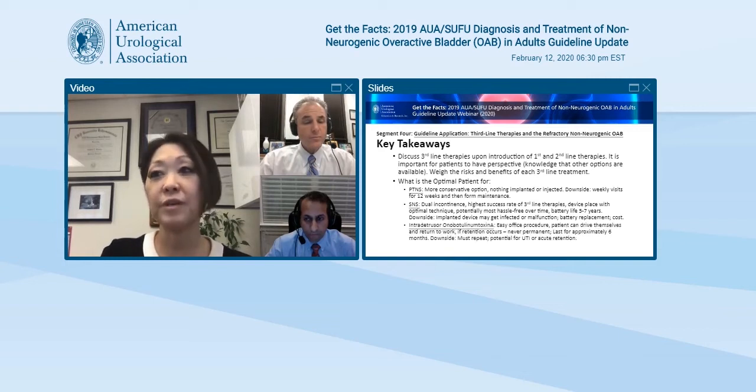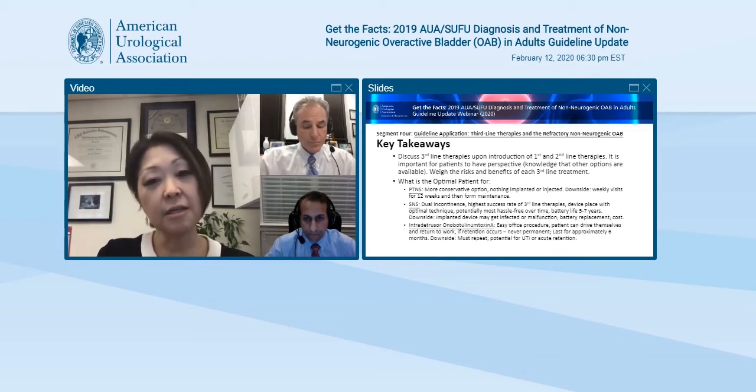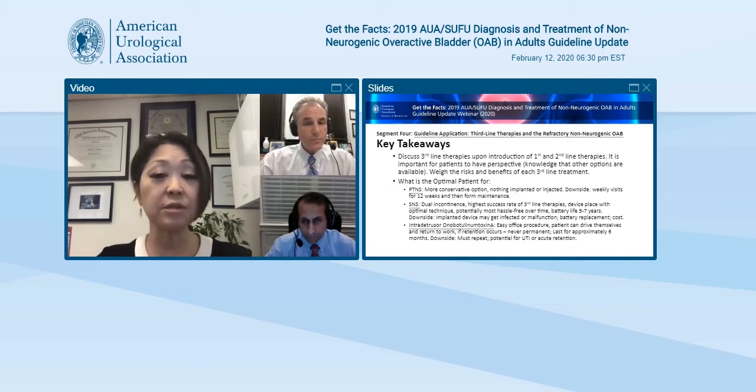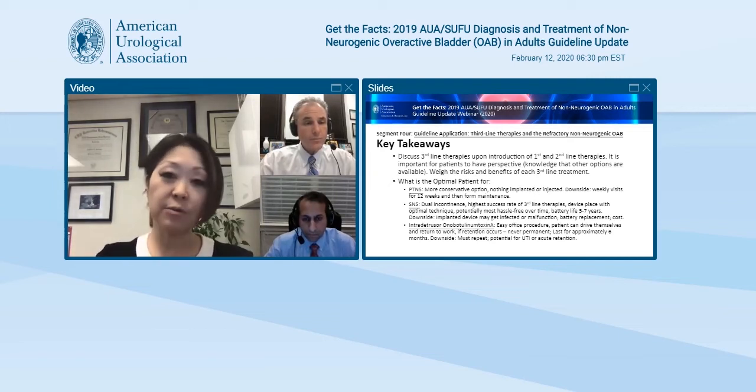And lastly, and briefly, onabotulinum toxin A. The nice thing about that is generally speaking, people will tolerate that in the office. With few exceptions, some patients would prefer it in the OR, but in the office, they can drive themselves. It's local anesthetic. They tolerate it remarkably well. Generally speaking, we will just make an appointment for patients to come back in about 6 months for another injection. The downside of onabotulinum toxin A is the potential for retention, precipitation of retention, which is temporary, and/or a urinary tract infection, which can be problematic, but obviously treatable.